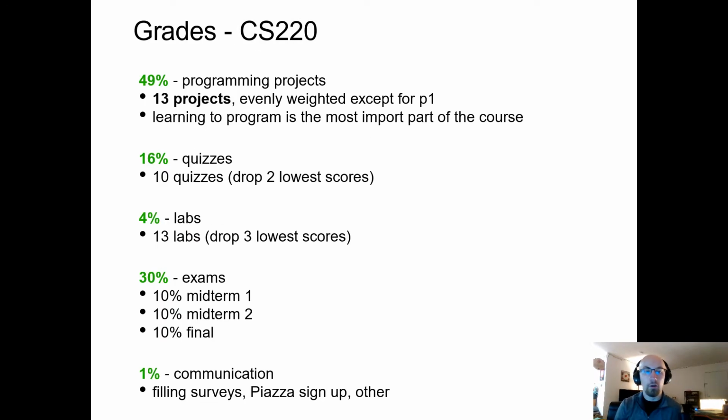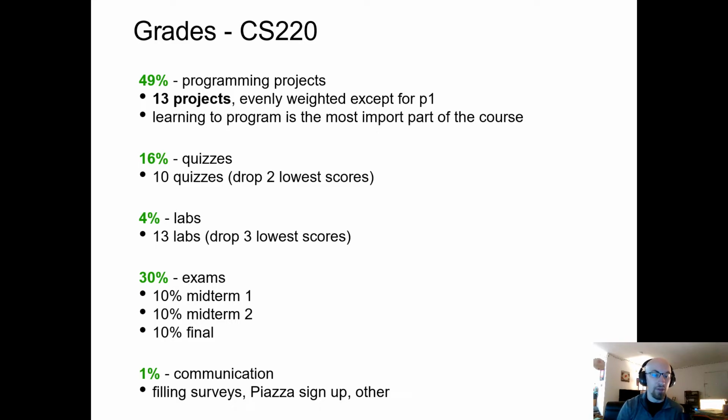All right, let's talk about grades for a little bit. There are going to be 13 projects this semester, one project for every week. The first project is weighted at 1%, and all other projects are weighted at 4%. This is using what you learned in the lab and applying it to the project. Quizzes, there are going to be 10 of them, and we drop the 2 lowest, so it works out to about 2% per quiz. Labs, there are 13 labs, and we drop the 3 lowest. Again, these are used in cases where you cannot make it to lab. That's why we drop the 3 lowest lab scores.